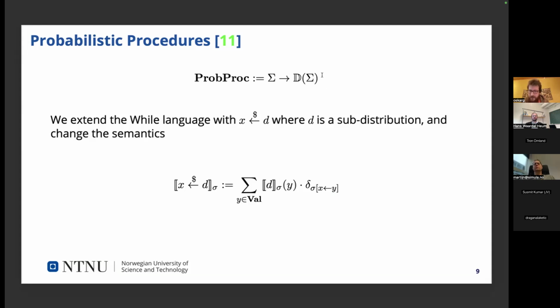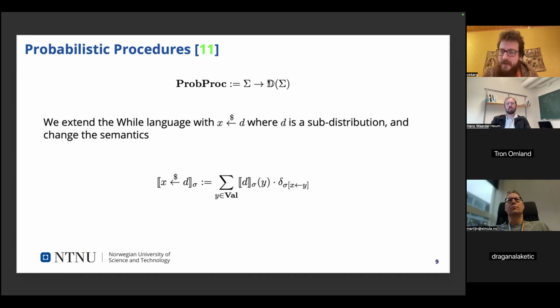And you might have noticed that I now removed this bottom symbol, and this is a hack that's often done to make things simpler to reason about. Instead of having distributions over the state and non-terminations, we have just subdistributions instead, which means that they don't have to sum up to 1 anymore. They can sum up to something less, and then the leftover part symbolizes non-termination instead. And this gives you better algebraic properties and so on. But something to keep in mind.